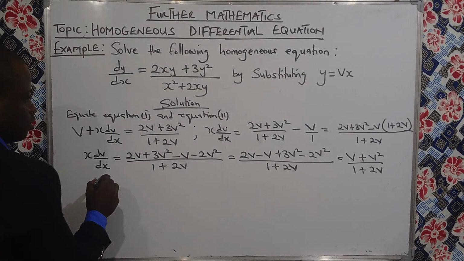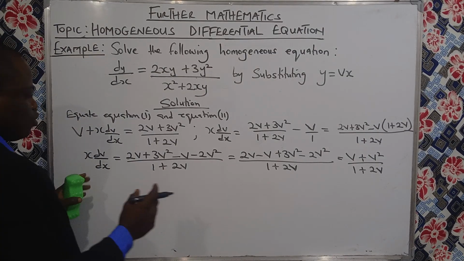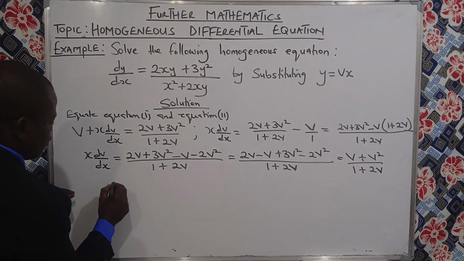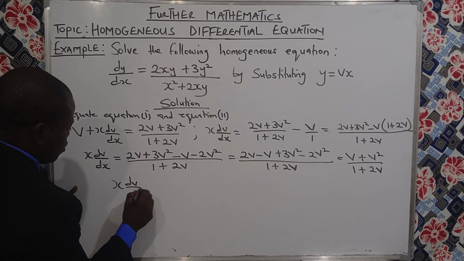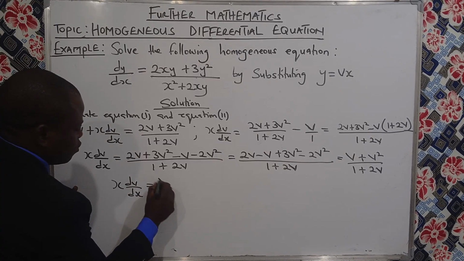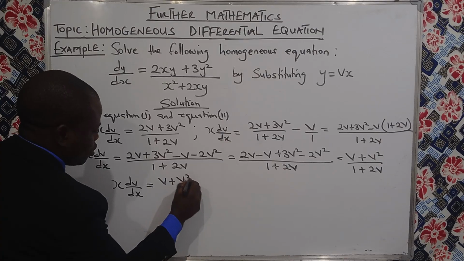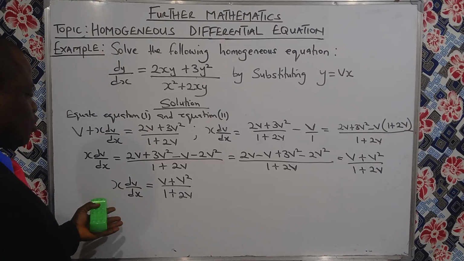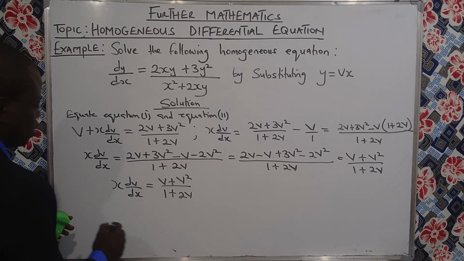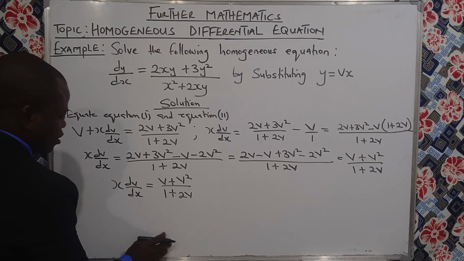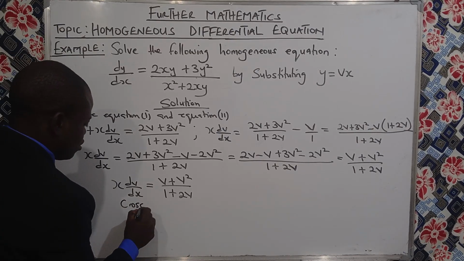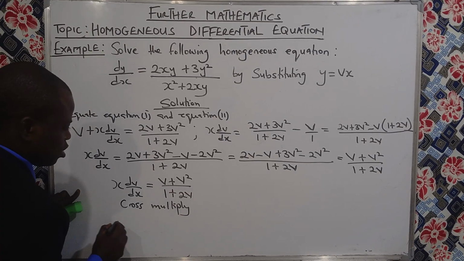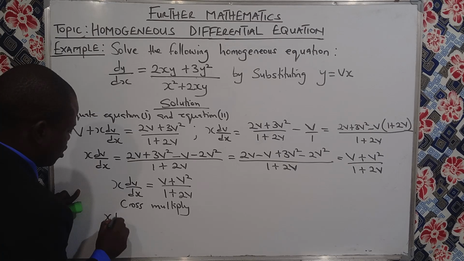Now I want to make it in terms of v and x so that you can integrate. Now x dv over dx equals v plus v squared over 1 plus 2v. From here, let's cross multiply so that x can be on one side and v can be on another side. When you do that, you're having x